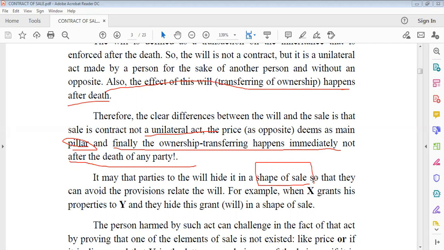For example, I have three children and I love one of them and I do not love the other children. So if I want to make a will, then I would grant the one that I love only the third